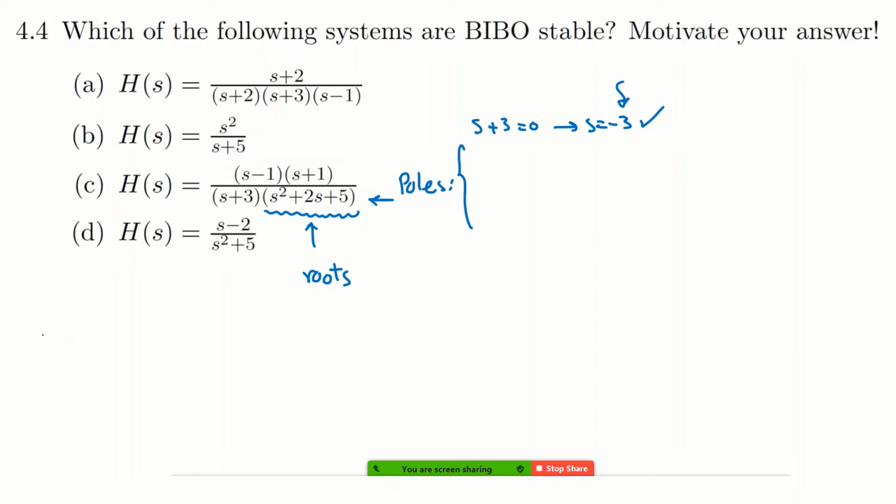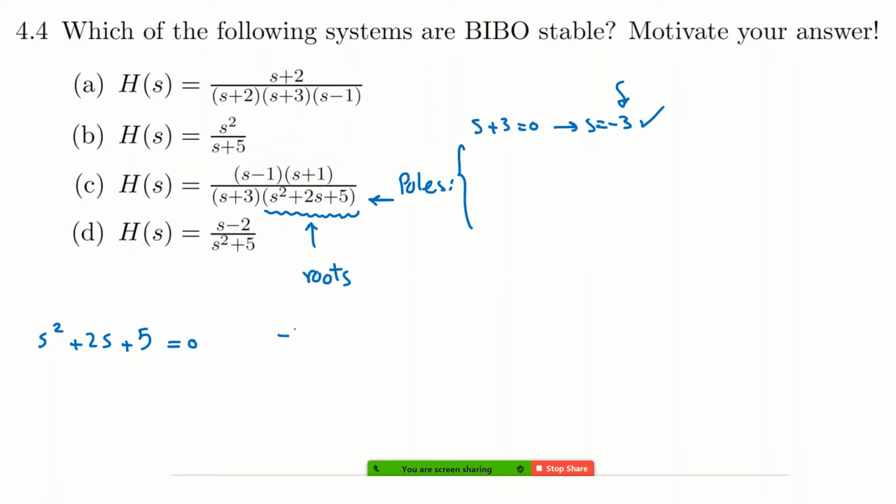So let me write it here. We have s squared plus 2s plus 5. We want to see where this polynomial equals 0. The roots of this polynomial are the poles of this transfer function. Well, I use the quadratic formula, and the quadratic formula says that the roots for a polynomial like this